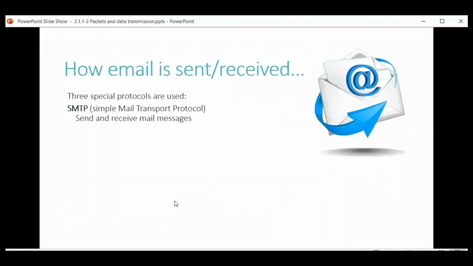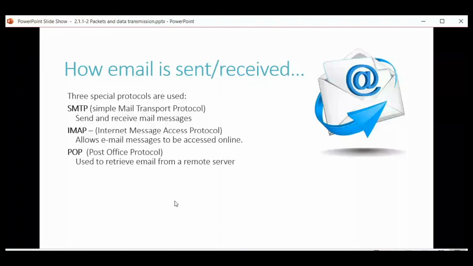We use things called SMTP, Simple Mail Transfer Protocol, that sends and receives messages. We use IMAP, which is Internet Message Access Protocol. So if your mail server's online, we'll use IMAP to talk to it. If you're using Microsoft Outlook to get to your mail, that's using IMAP to get the messages, and then to send them it's using SMTP. And then you've got this thing called POP, Post Office Protocol, and that's the thing that's used in